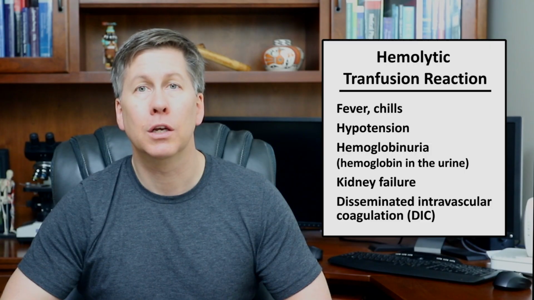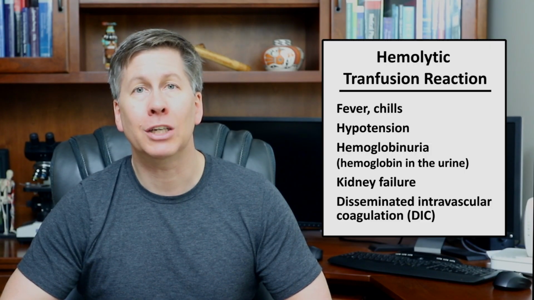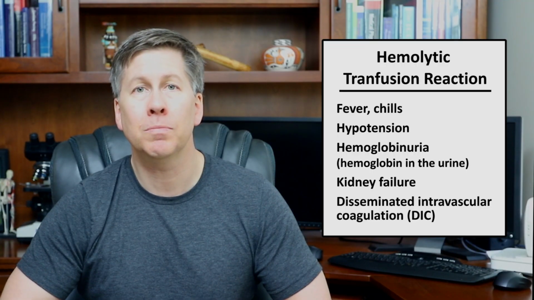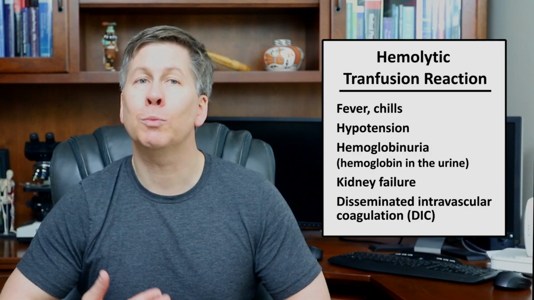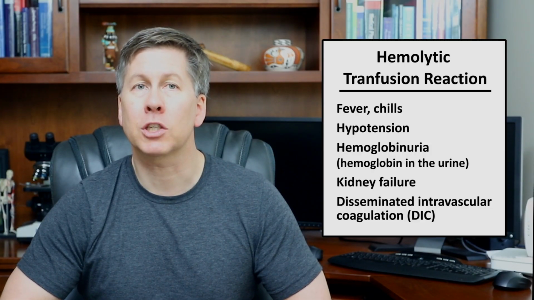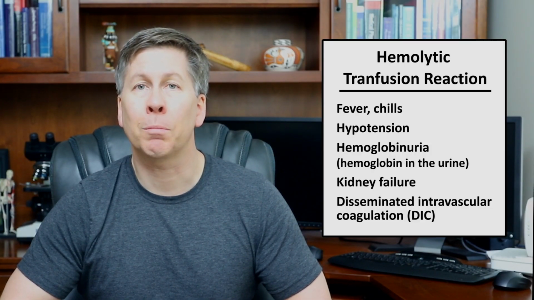In other cases, the primary antibody involved in triggering the immunologic response is not able to activate the complement system, in which case hemolysis still occurs, but occurs more slowly within the liver and the spleen, rather than within the blood vessels. The speed of onset and overall severity of hemolytic transfusion reactions is dependent upon which red blood cell